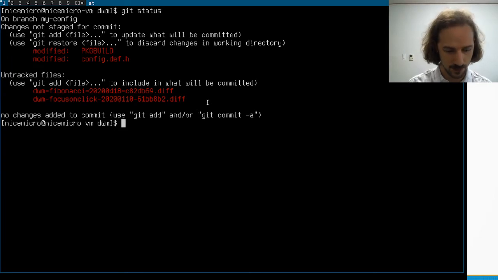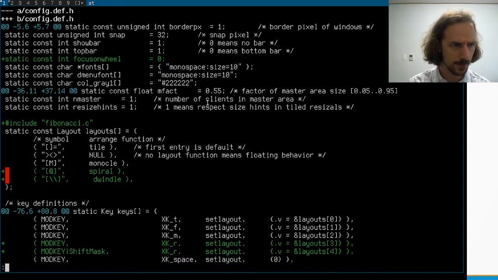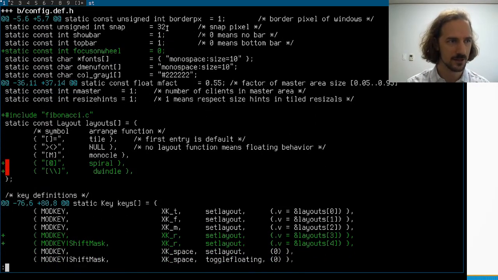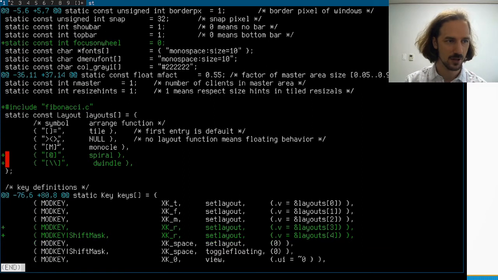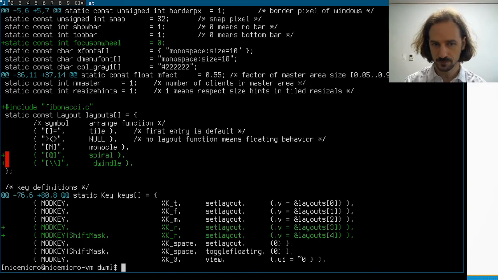So let's check what is the change in that file by typing in git diff config.dev.h, and you can see static const focus on wheel, so a new constant has been added, and also these other things have been added here, like include the Fibonacci.c and then add these new symbols for these new layouts, and then adding new mod keys for these. And what we want to do is add these very same changes to our